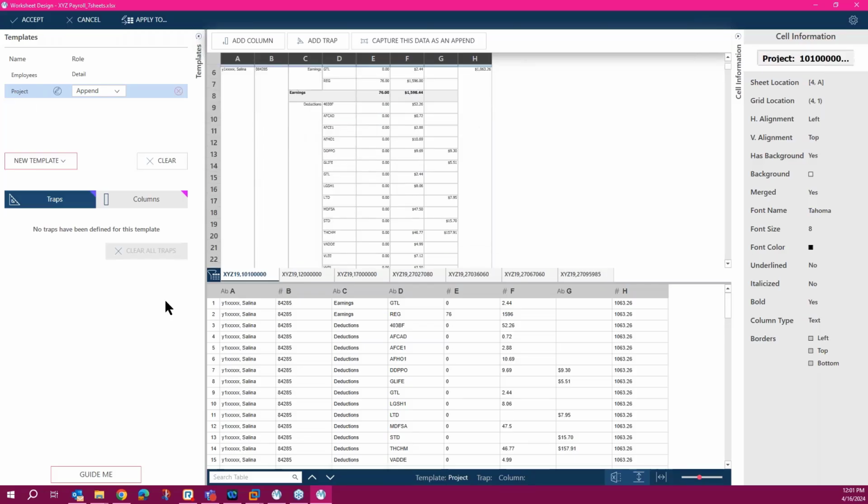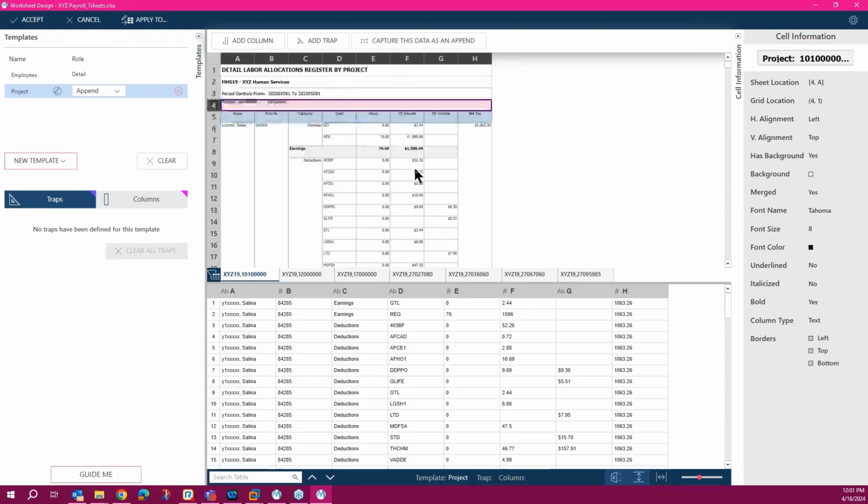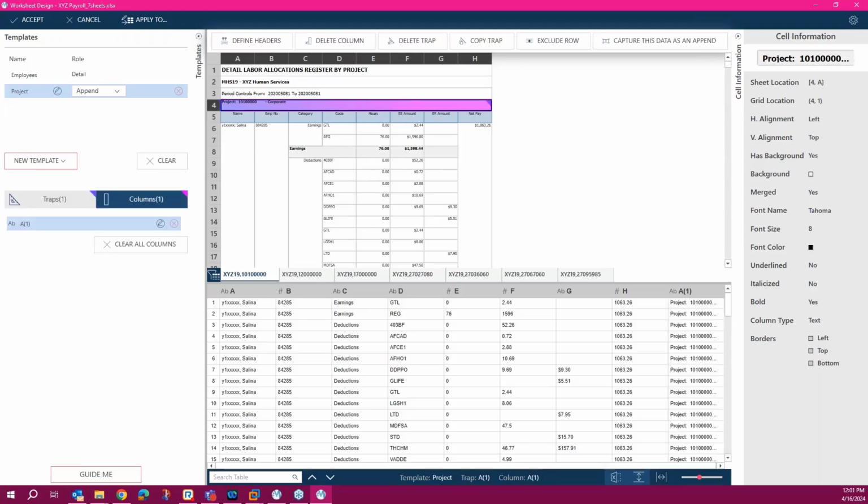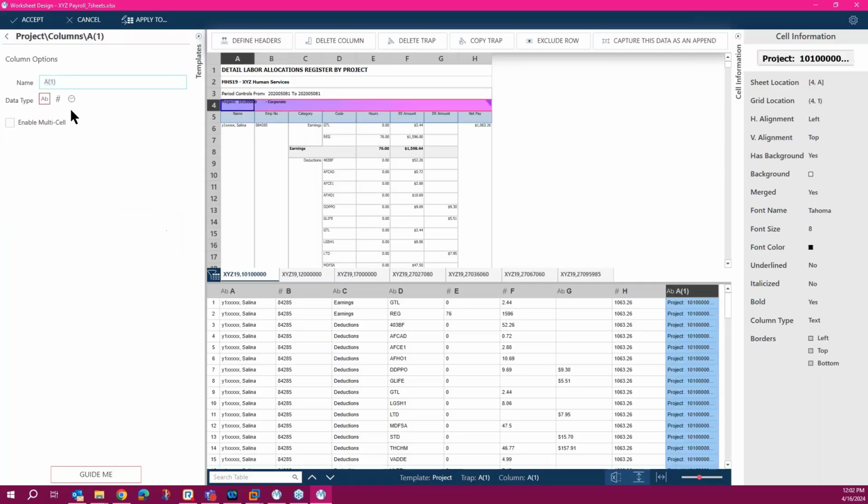And by the way, if you run the guide me wizard, guide me does not provide a group footer template. It only adds the detail and append template. So I'm just going to click on Add Column, which adds the column here for the project, and then I can just change the name, and optionally I can change the type of the data: character, number, or date.